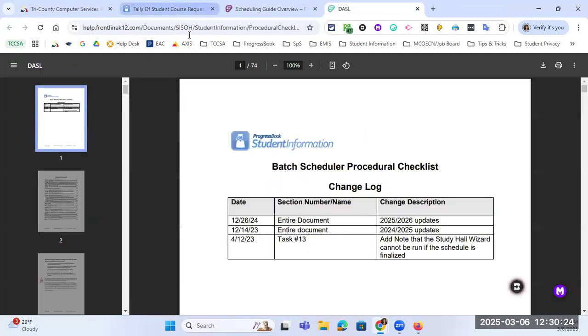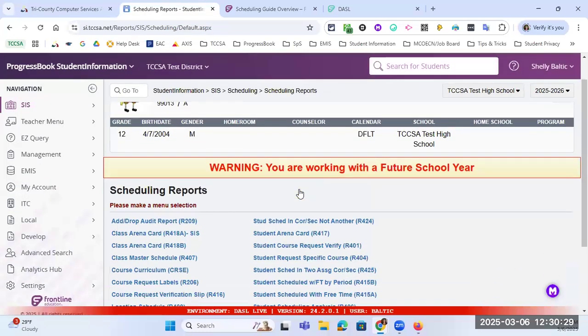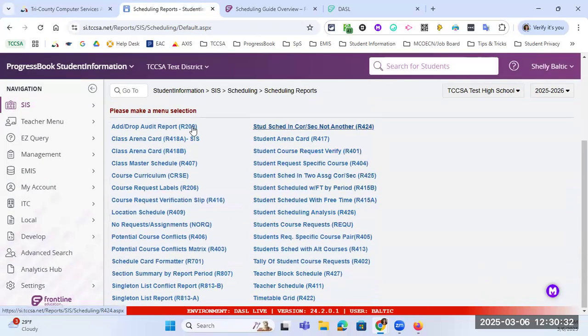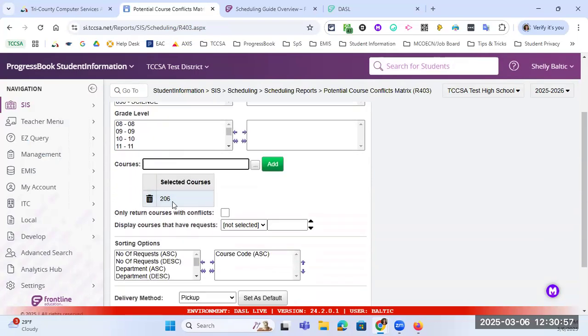So the next one is our R403. This is the conflicts matrix. If you notice, they're in alphabetical order. They're not in numerical order by the endings. But here is our potential conflicts matrix. This is used typically if you have those singleton courses or those courses that need to be taken together and other courses might be in conflict with it. So I did this course right here, 206, which is my French class. So if that is run,